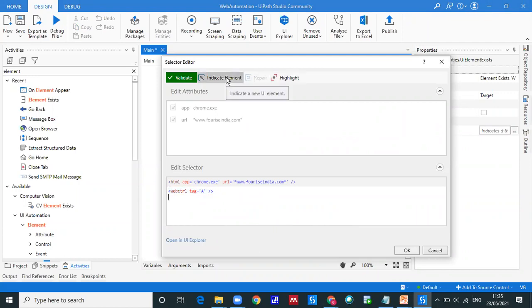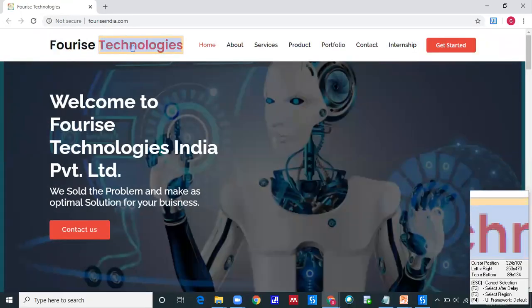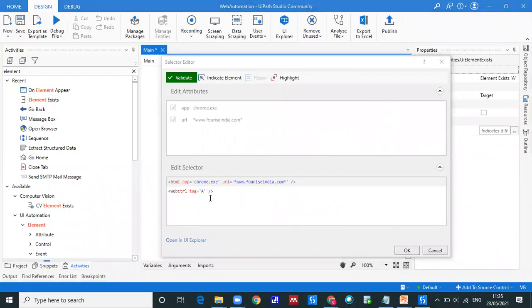How? By clicking on indicate element, I'm indicating this particular element. In the background it is going to select a proper address. You can read this: HTML, chrome.exe, the URL is www.4eyesIndia.com and the web control tag is equal to A. So with this address, we can reach that particular element.